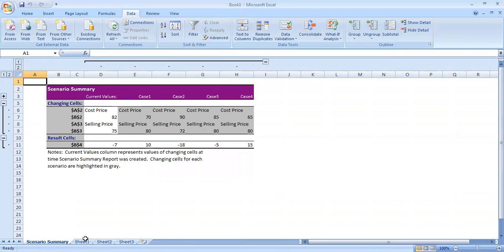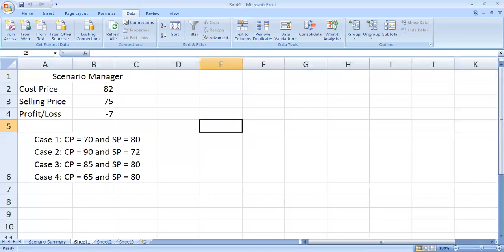We can also calculate, like if a child is scoring, let's say in term 1 and term 2, in class 6th he's scoring these marks, and in class 7th he's scoring these marks, class 8 he's scoring these marks. So whether he is going towards progress, or whether the result is going down, we can calculate that also. So this is what we can do with the help of scenario manager.